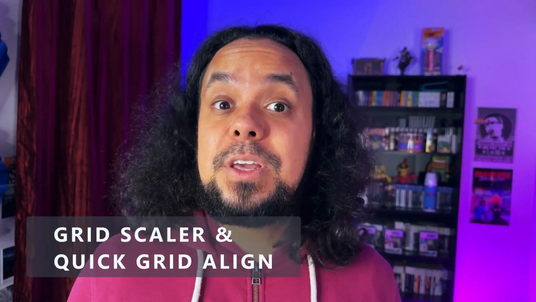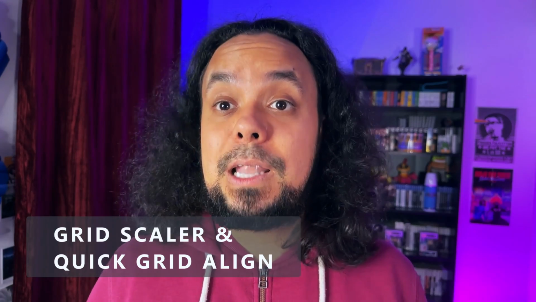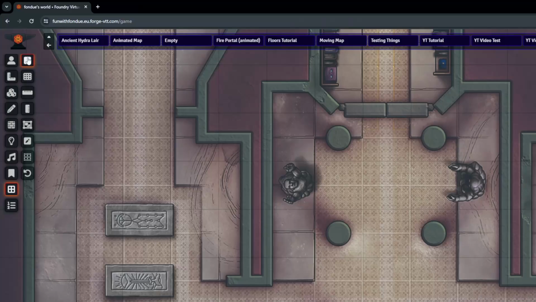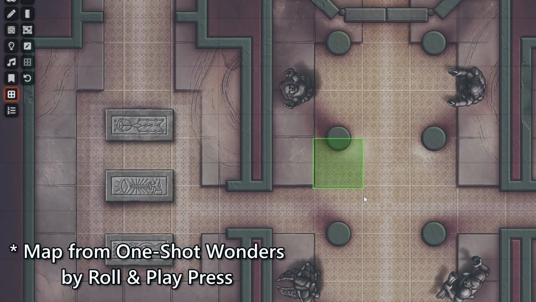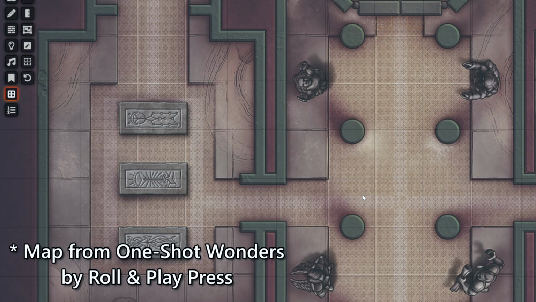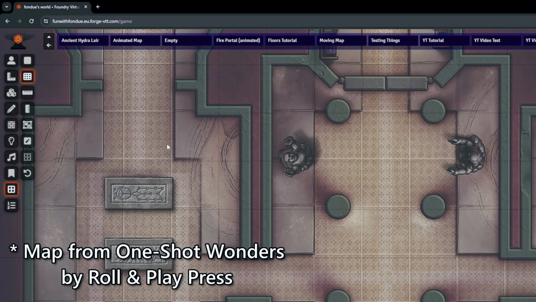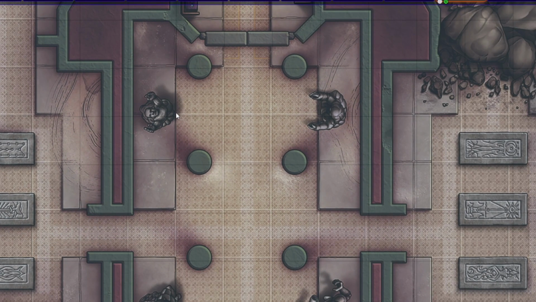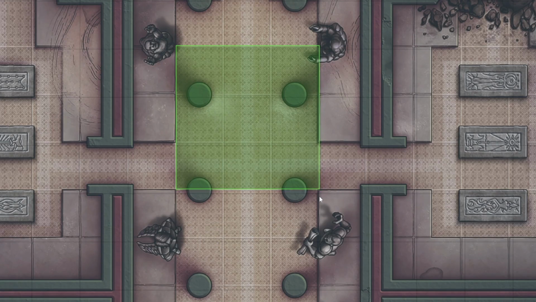Whenever you're adding a map asset to Foundry, don't you hate it if you have to manually align the grid with the map? It's so frustrating. Luckily, Grid Scaler and Quick Grid Align both make this a lot easier. Grid Scaler gives you a brand new tool which allows you to either draw a single square or hex and then have the grid size match it, or to draw a 3x3 grid square on the map and have the grid match it. You can also manually set the grid size by entering the number of horizontal grid spaces across